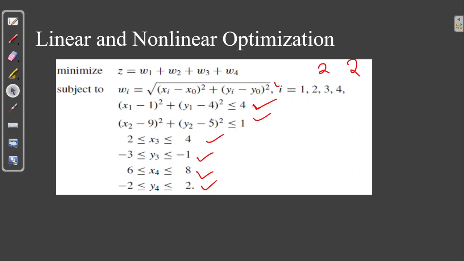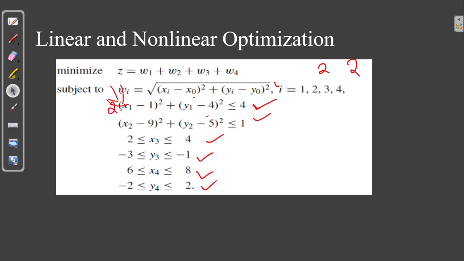According to the definition, non-linear optimization means that either the objective function or any one of the constraints must be non-linear, any one. Any one of the constraints. So this is clearly a non-linear optimization. And this constraint, the second constraint, actually the first constraint is nothing but your